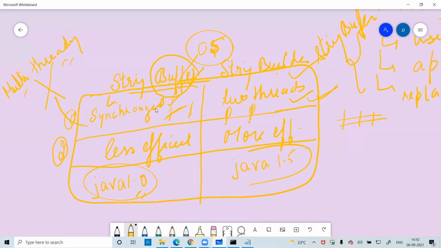That represents this is the latest technology over the string buffer. Nowadays we are using the string builder over the string buffer or over the string class. This is the difference between the string buffer and the string builder.